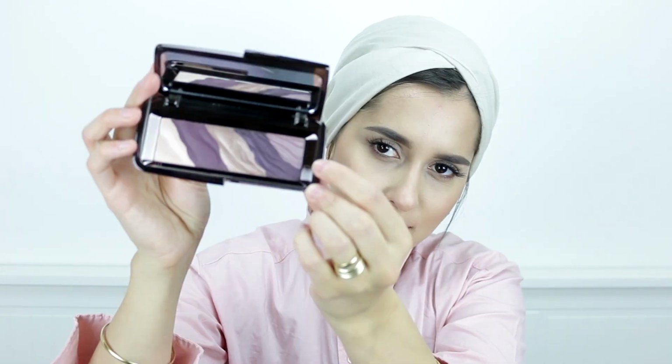When I'm looking at this palette, I think I'm gonna go for this color right on the end, which is a dusted lavender shade, and it's got a bit of shimmer in it. It's the lightest purple shade. I'm just getting straight into this, guys, because I really want to attempt a cut crease, and it will be